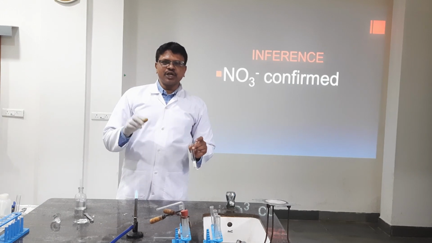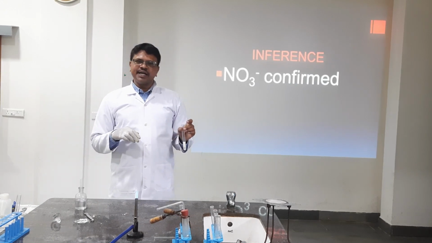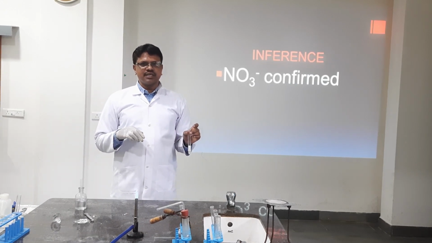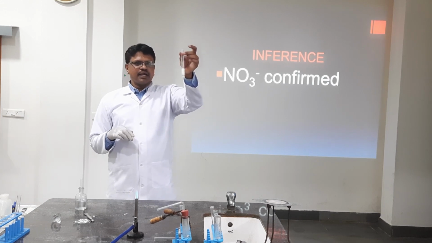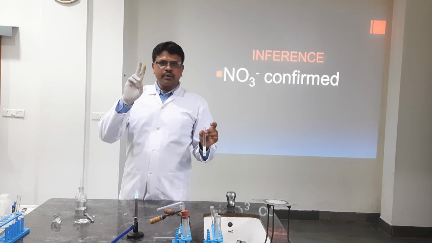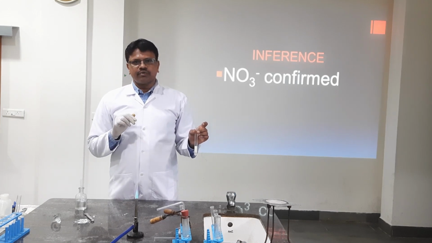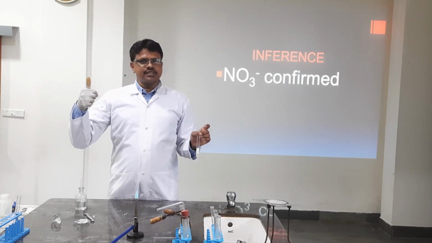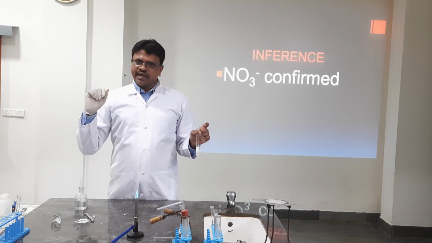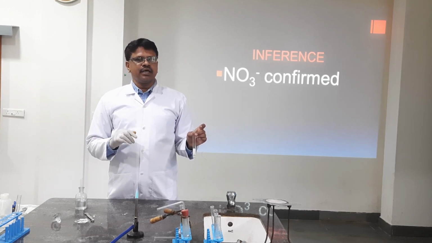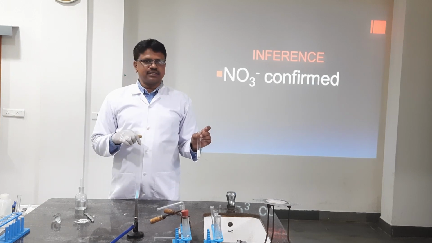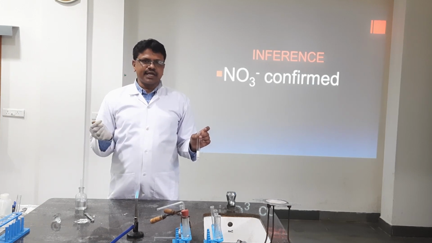So we have completed two confirmatory tests for nitrate ion. One is the copper chips test. The second one is the ring test or brown ring test. Okay, by this, two parts of salt analysis are over. The first one is the preliminary test. The second one is the test for anion. The anion we identified. So the given salt contains nitrate as the anion, nothing but the acidic radical.